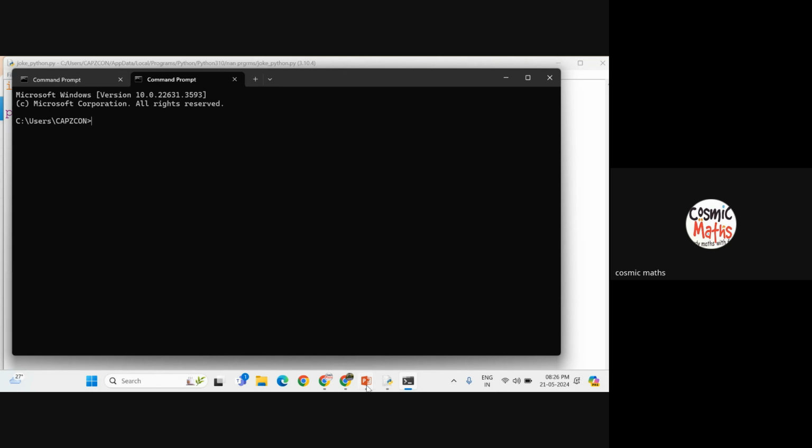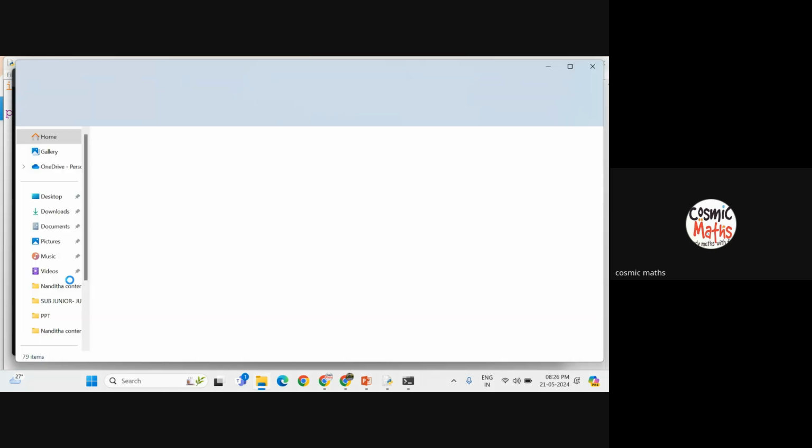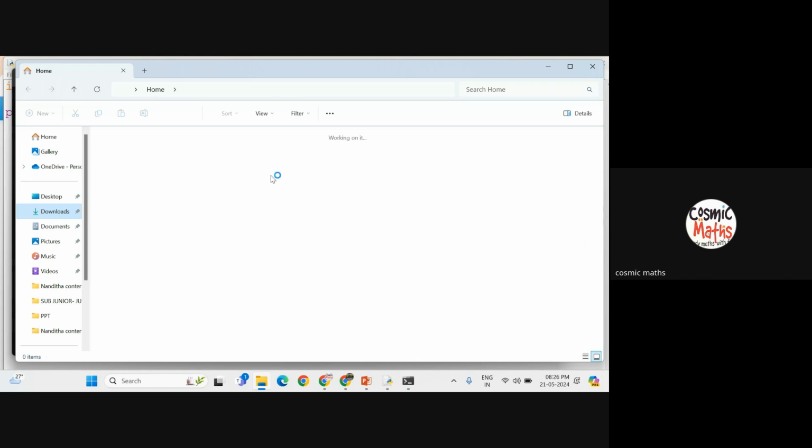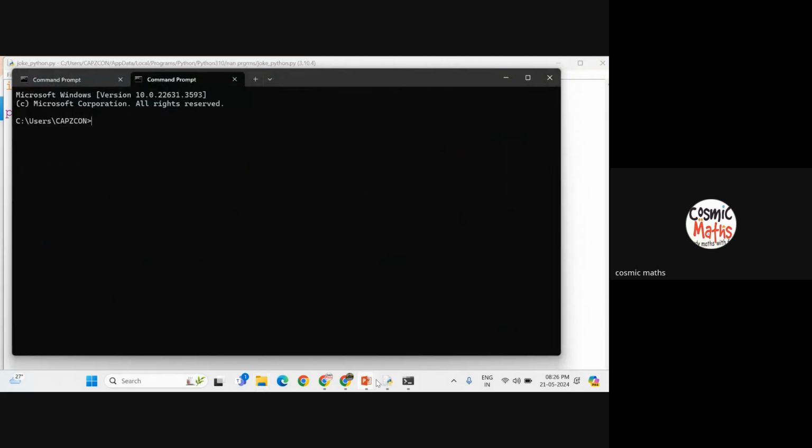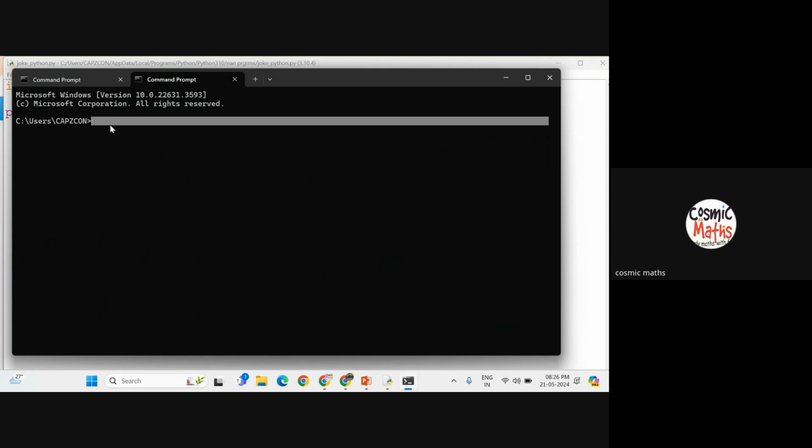Let me just go to a folder. Let's say I'm just gonna go to downloads. Wait, is this in downloads? To change directory, that is to move to some other folder, you'll have to do cd, which is change directory. Okay, see, now I'm in my downloads, and in my downloads I want to create a new environment